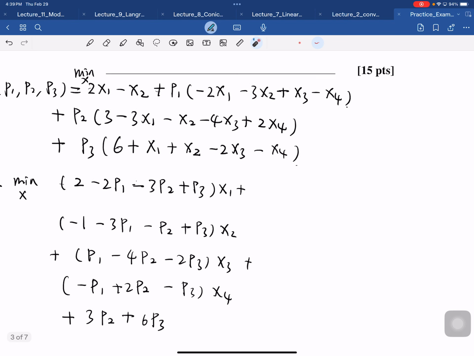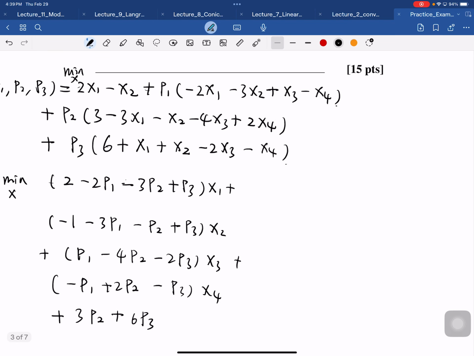Right. So with this we can write down the dual problem. Remember the dual is a maximization problem over the dual variables, and the constant terms are 3 times P2 plus 6 times P3. And since x1 is unconstrained, we just set this term to 0, right? So subject to